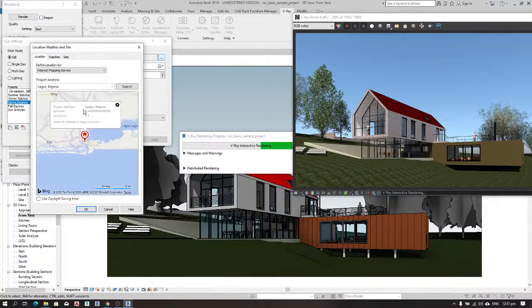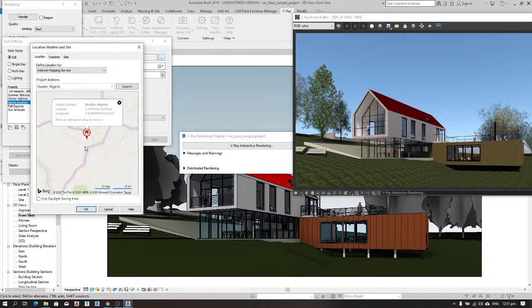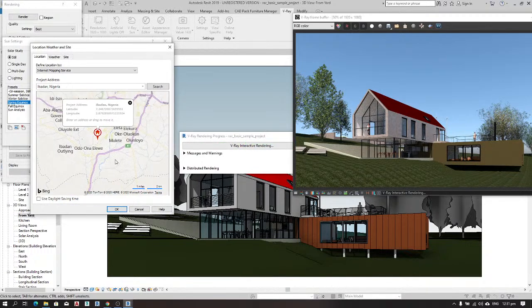So now we are in Lagos right now. I can search Ibadan, for example. I'm in Ibadan, sorry if you don't want me to search for Ibadan, but I'm in Ibadan. So now it's loaded Ibadan for me, and depending on your internet, you can actually find the exact location